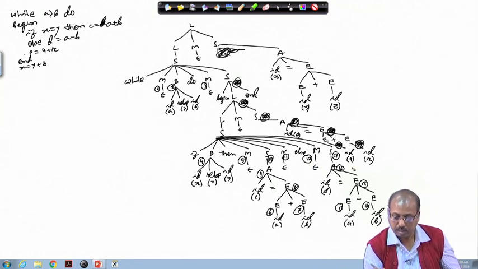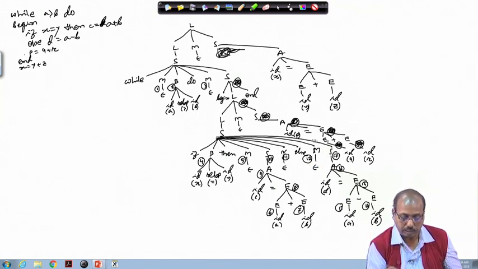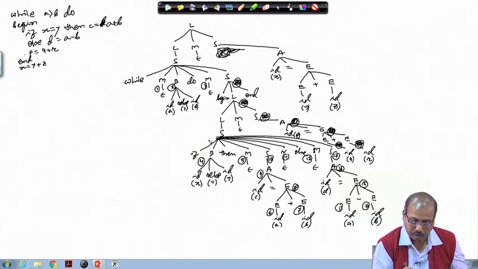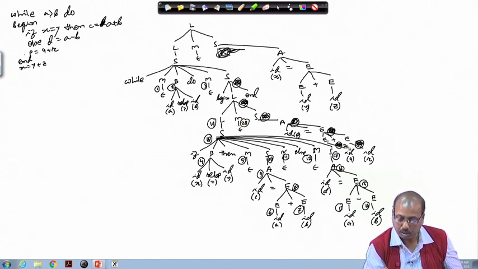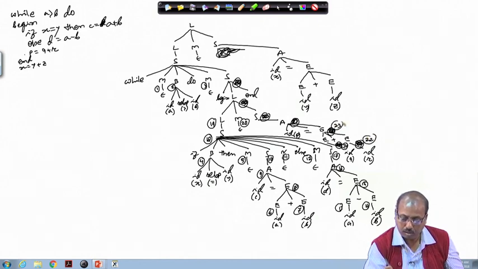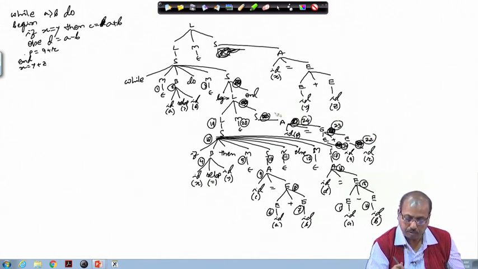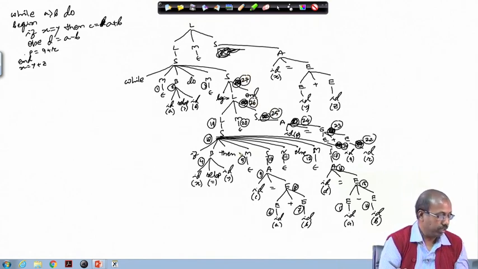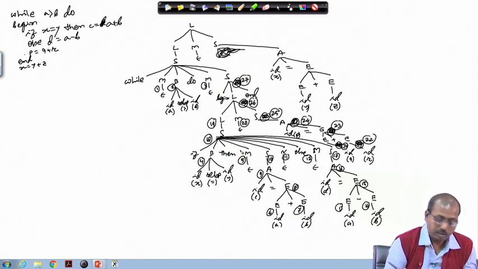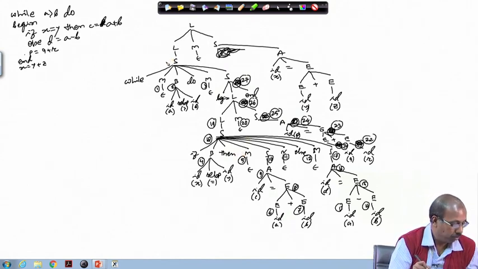18, 17 is this reduction. So then this reduction should be 18, this should be 19, this should be 20. After that this should be 21, 22, 23, 24, 25, 26, 27. Okay. Then this will be 28,